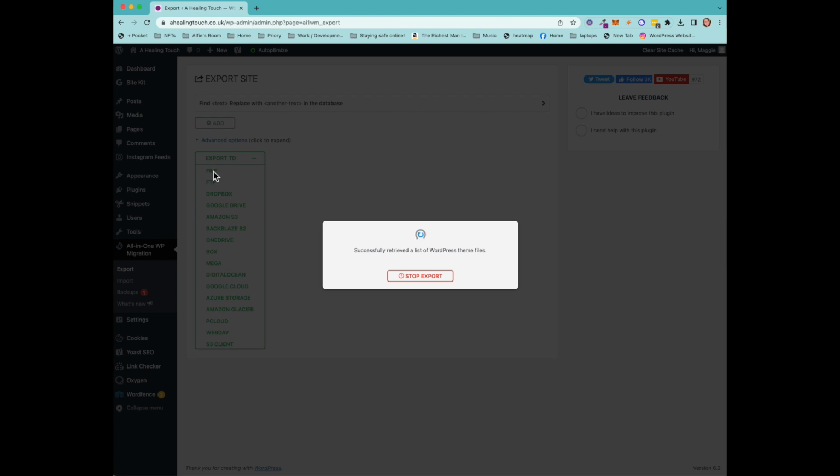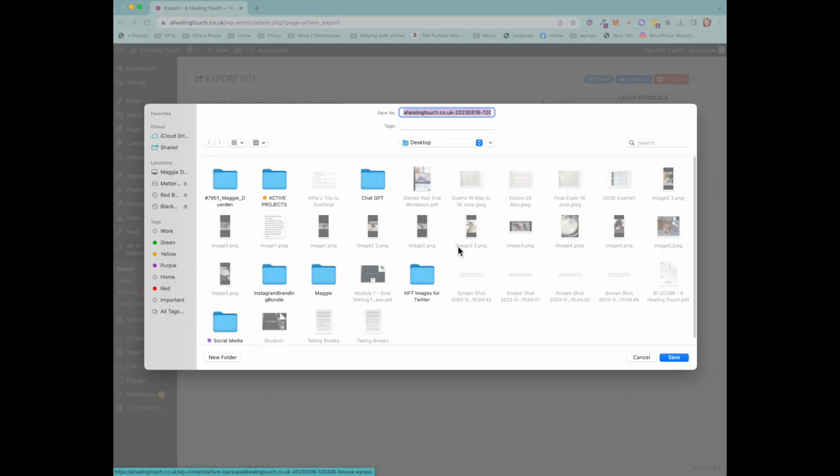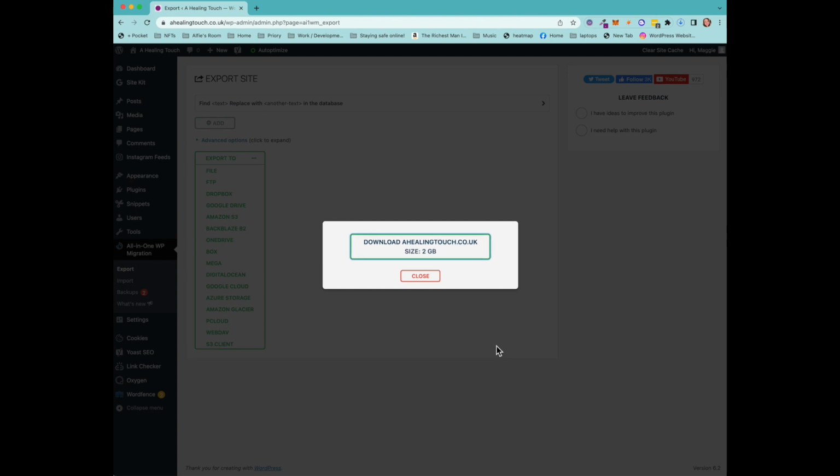And I like to create a backup at least once a month or after any big changes that have been made, so that you know that you can always go back to the latest version. And it doesn't take very long. You can see once it's finished, you get this flashing box, and then you can just click on download and pop it where you want to. I generally save a copy into my files on an external hard drive, and then you click on close,